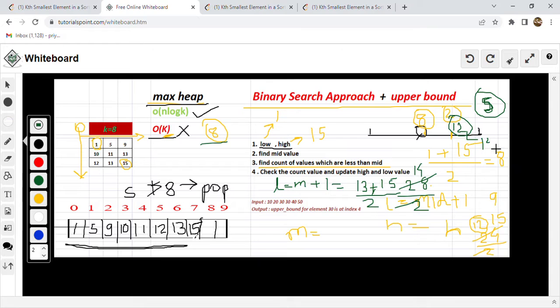Now we have to find values less than 14. How many values in the matrix are less than 14? Let's check that. 1, 2, 3, 4, 5, 6, 7, 8. Okay, 8 values are less than 14. So we have found it, and we will return the last value, 30. So let's check the code